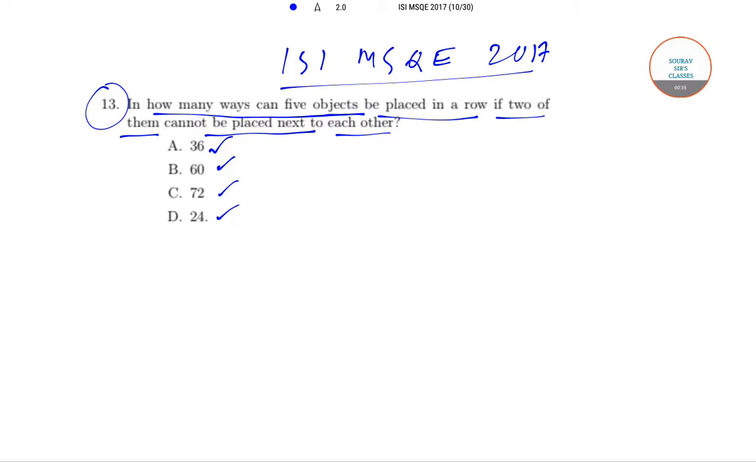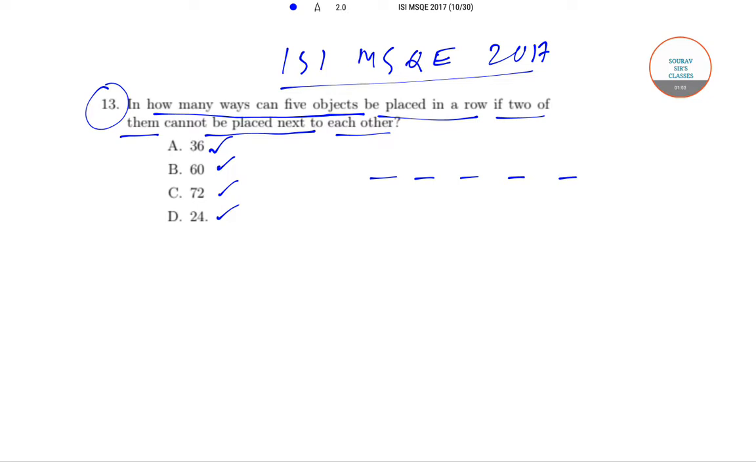So the scenario over here is that there are 5 objects which are placed in a row, and we need to find out the number of ways in which those 5 objects can be placed such that any 2 of the 5 objects are never placed next to each other. So what we'll do is, suppose there are 5 places, so these are the 5 places,